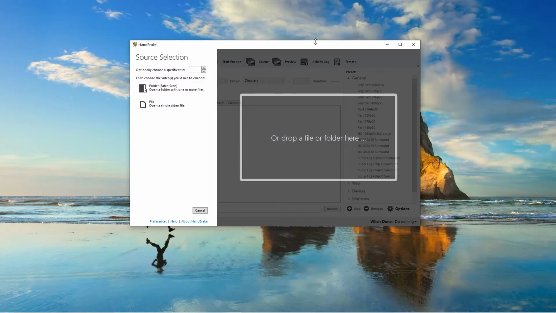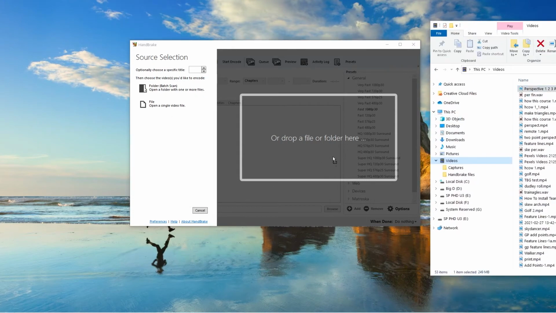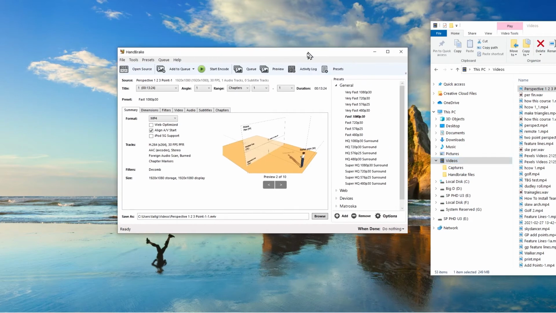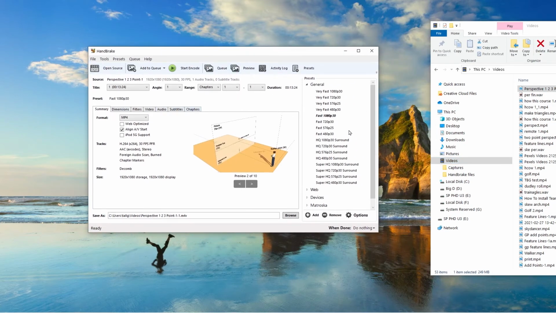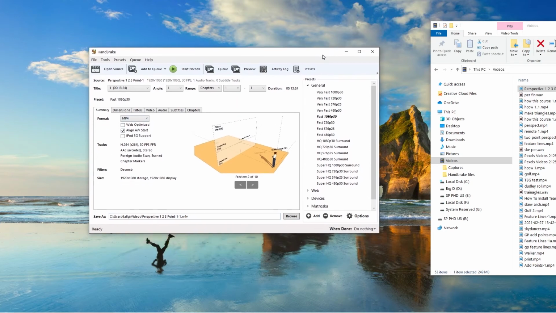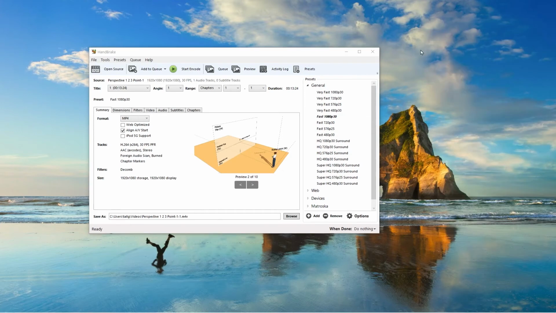And this is what Handbrake looks like. So you can just drag in a video. So let's say I had something here. I can just drag it in. And you can do a lot to it, but essentially if you just grab one of these presets, like a fast 1080p, 30 frames per second, you can just save it as an MP4. That's what I have up here. And typically, let's say you have a 20 megabyte file, you can get it down to 4 megabytes or 5 megabytes without losing any quality. So Handbrake, free, really good thing to shrink so that you can use it everywhere.